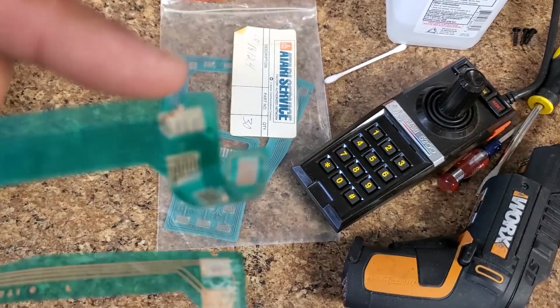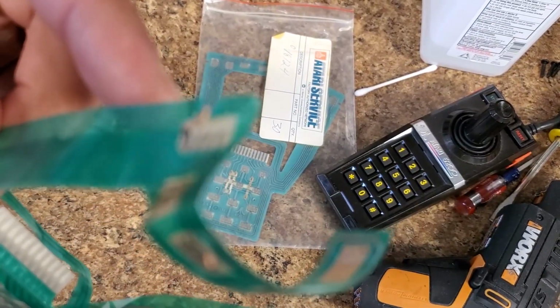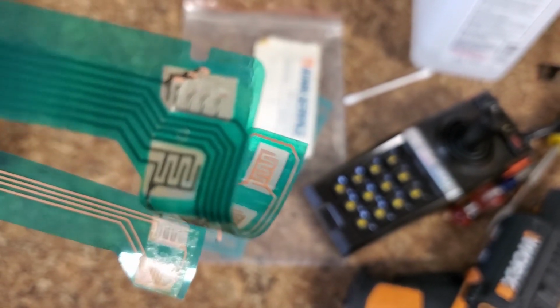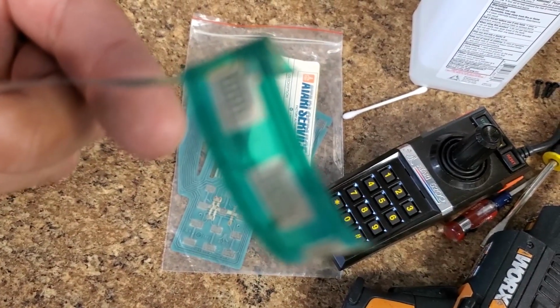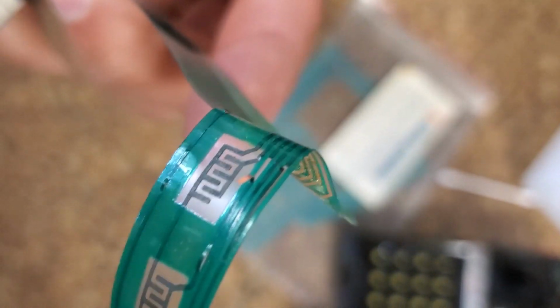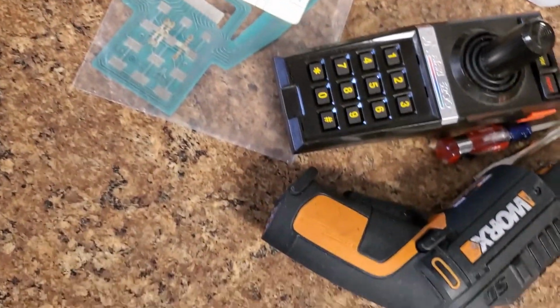So this is the fire buttons on the left-hand side. As you can see, it's going to focus here slowly. The circuit ends up ripping from pressing the red buttons on the side, and then you can see it sticking up here. This is where the start, pause, and reset button is. Let me get that in focus. There it is. See, there's a torn part right there, and that's why these don't work. Typically your number pad part stays fine,